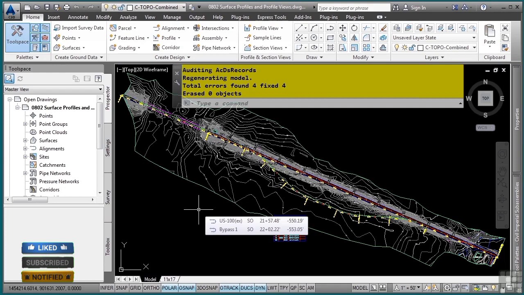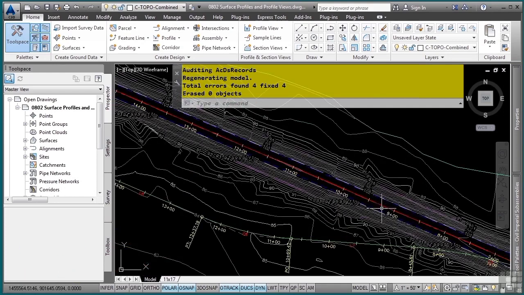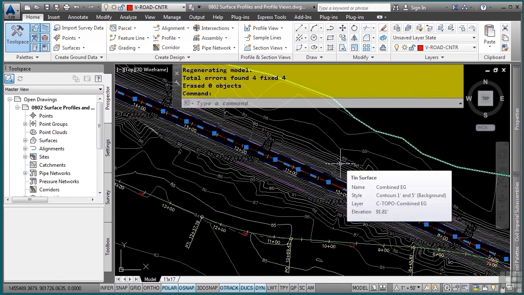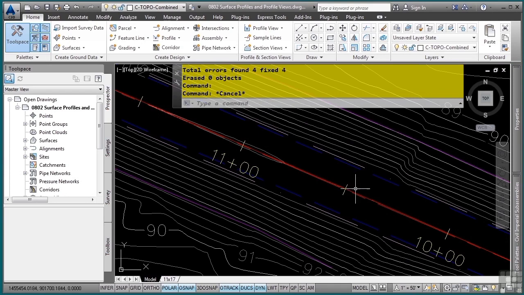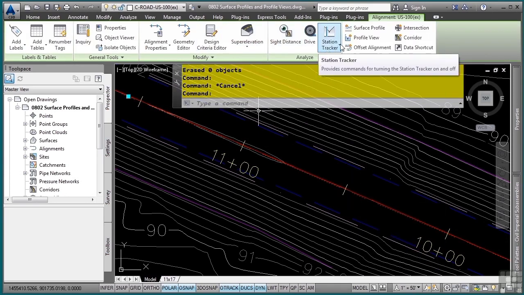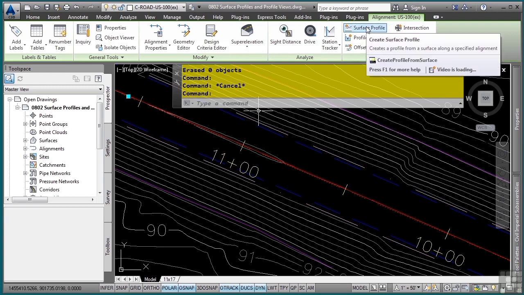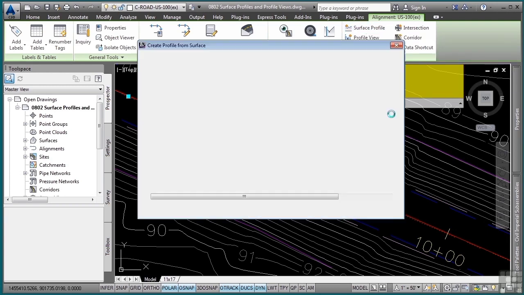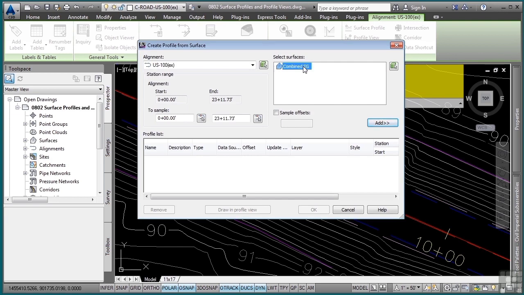Civil 3D provides some great tools to create profiles that will read a surface. To create a surface profile, we will select the horizontal alignment, and in the contextual ribbon, we will choose the Surface Profile tool from the Launchpad panel. Civil 3D will read the surfaces in your file, and then you can simply click Add to add that surface